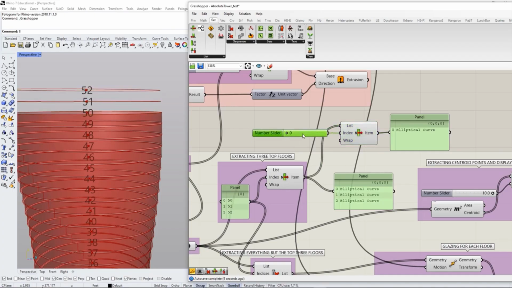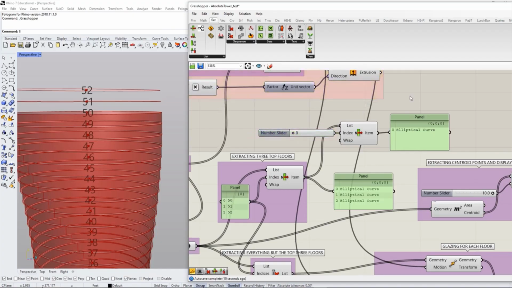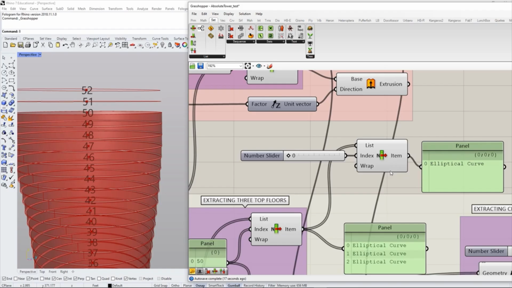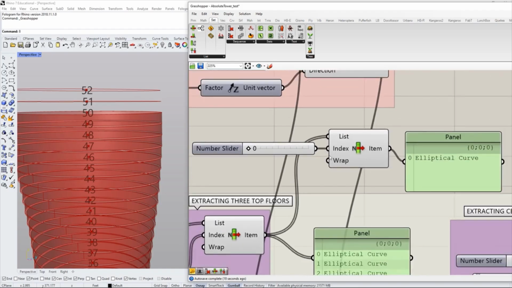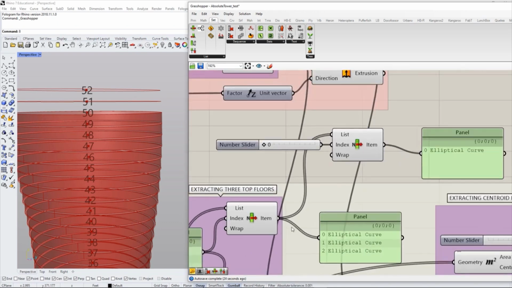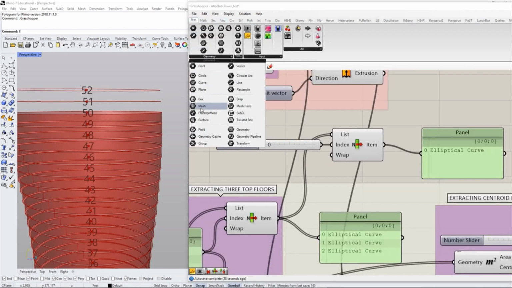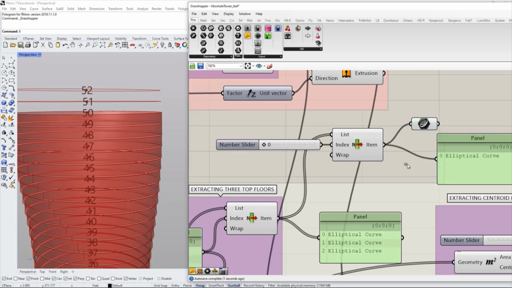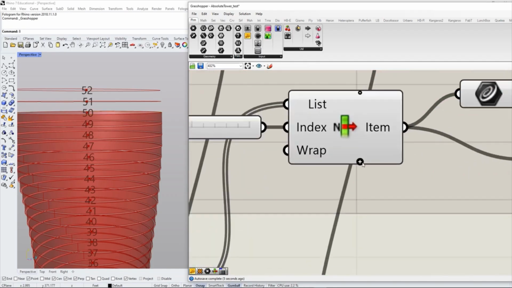However, if you just keep your first index at index 0, right? So that's the starting point. If you zoom in on this component, you'll see a plus sign appearing. The plus sign allows you to easily expand on what you're constructing here. For the sake of demonstration, I'm going to grab another curve container to separate the outcome so you can see that better. Right now I'm only extracting 1, but as soon as I zoom in and do a plus here,